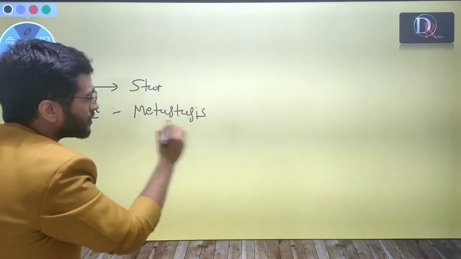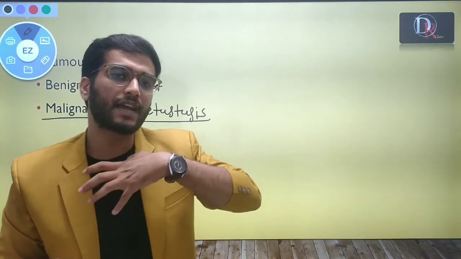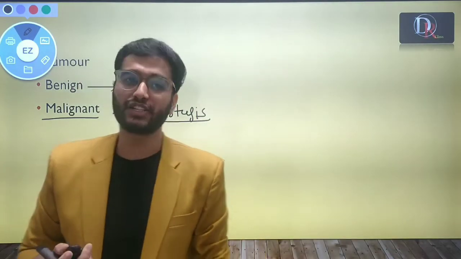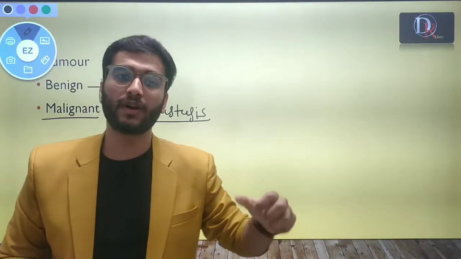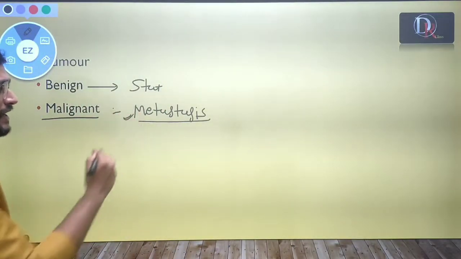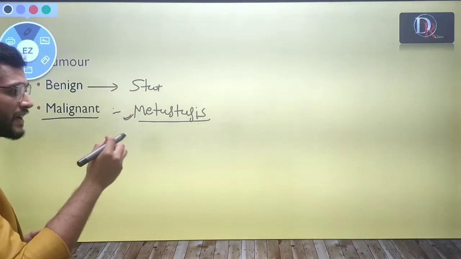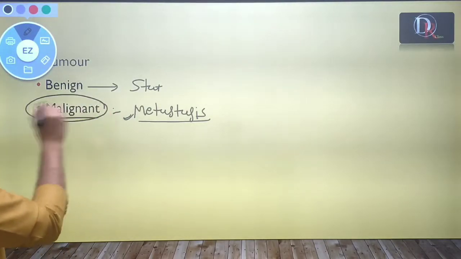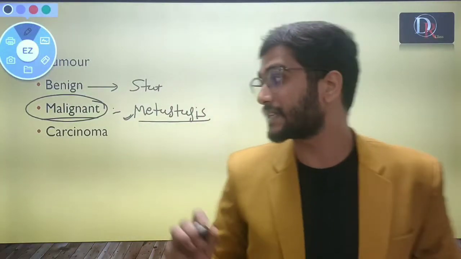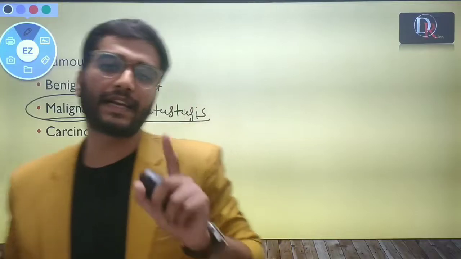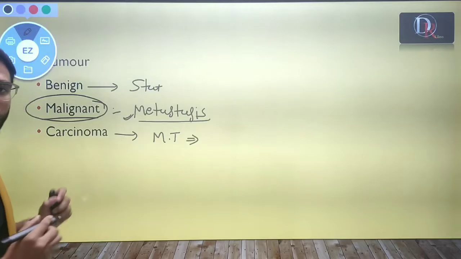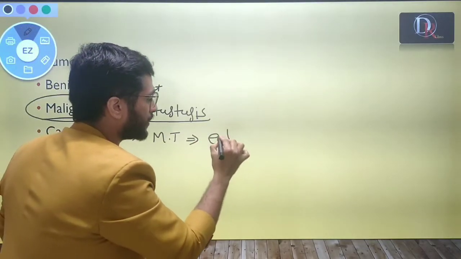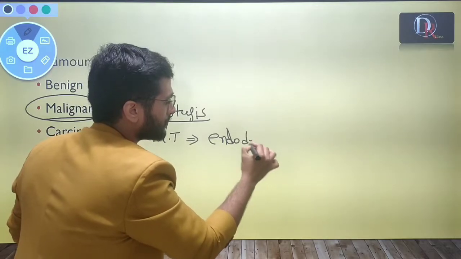Metastasis is the process by which a cancerous cell, a tumor-producing cell, can go from one tissue to another tissue, and it will produce a tumor at a different site as well. So that property of tumor is known as metastasis. A tumor that has a metastatic property is known as a malignant tumor. The next term is carcinoma. So basically a carcinoma is a malignant tumor of a tissue developed from the endoderm and